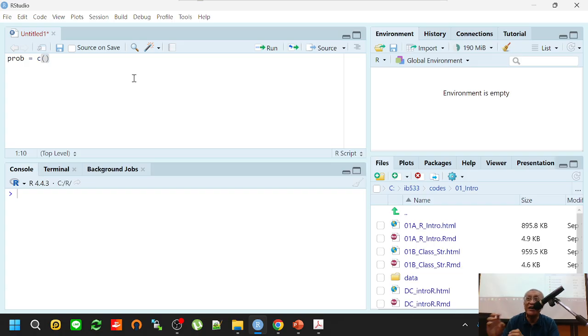We can create a vector of probability: 0.5, 0.3, and 0.2. So in this way, you will create an object called probability, and it is a vector. It's not a single value. This time it is a vector of 3 values,